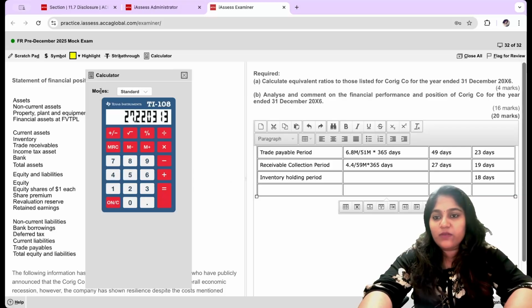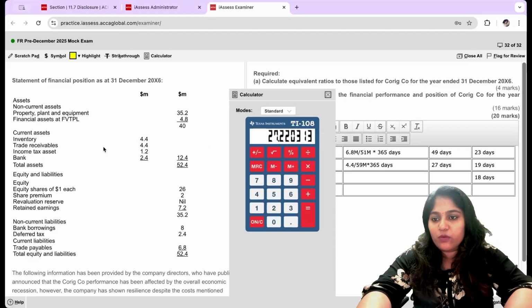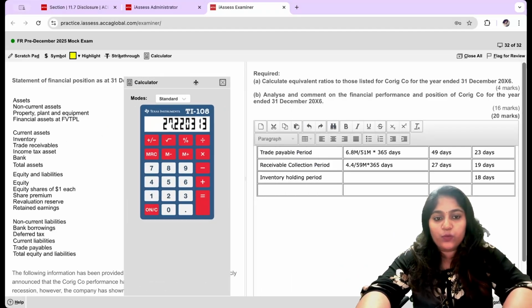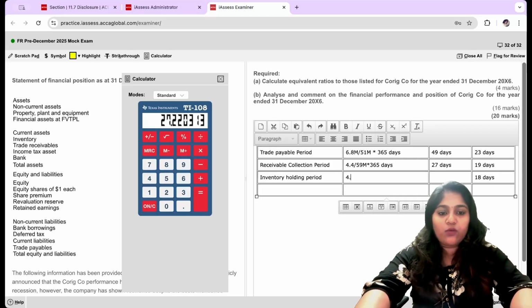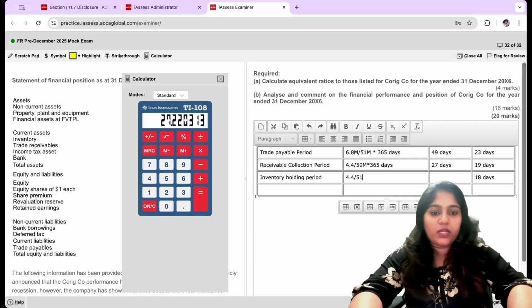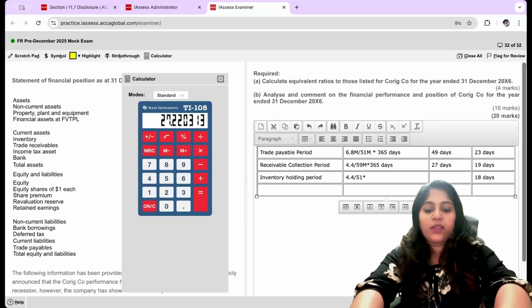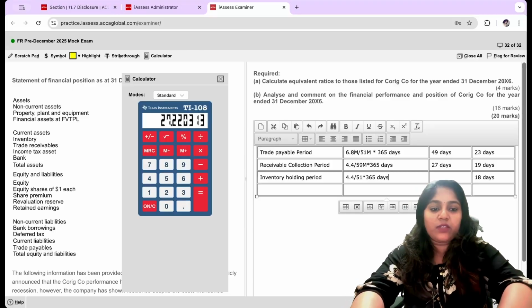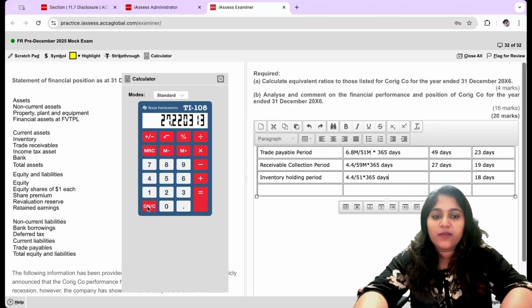I already know my inventory is 4.4 million. If you can see here, my inventory is 4.4 million. I'll take inventory of 4.4 divided by my cost of sales, which is 51 million already, multiplied by 365 days. If I do that, I should get a value of